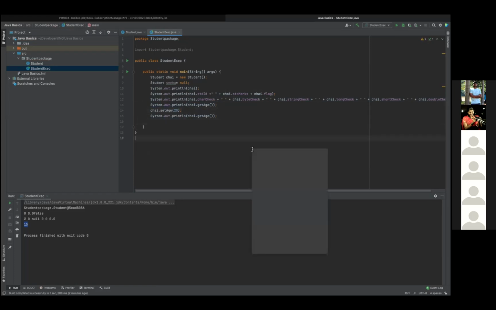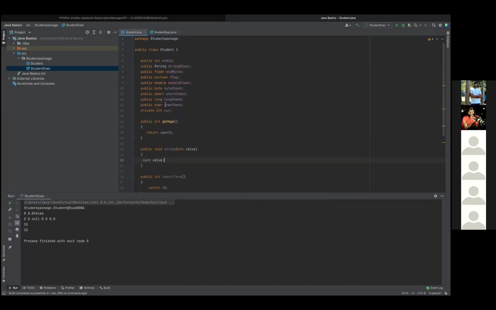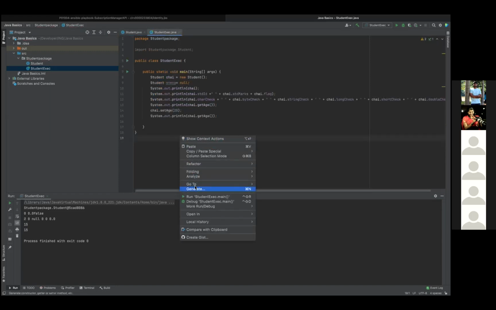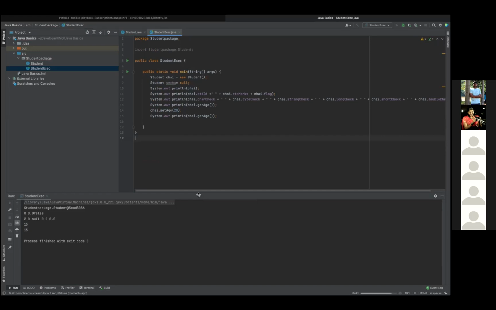Yeah, now execute your program. Can you go to your getAge method and remove that equal to 15? That is defaulted, so it is getting 15 printed. Remove that and just have age. So now if you can see, your value is getting set as 20.